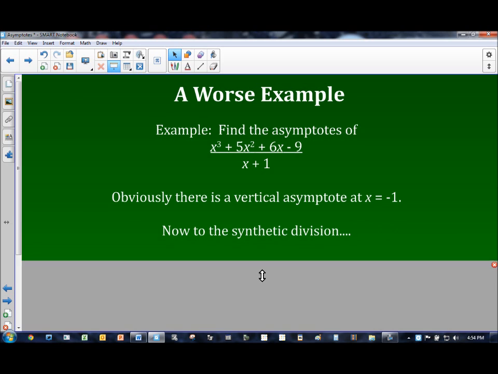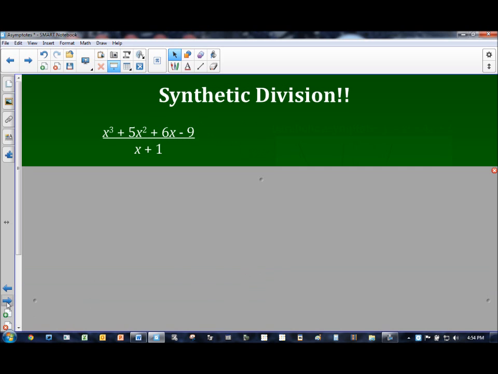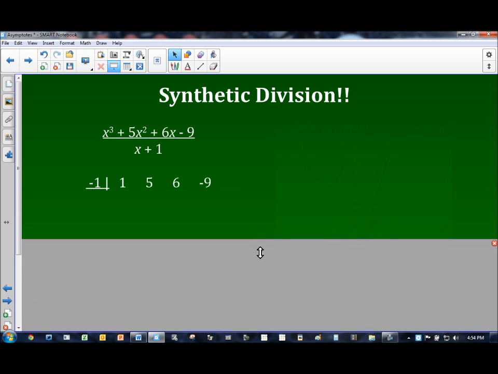So let's do the synthetic division. I guess that's on this page right here. Okay, remember how to set it up. I'm dividing by x plus 1, so I will put a -1 out here. And then I've got coefficients of 1, 5, 6, and -9, so that's what I write here. Leave a space, draw a line, and I'm going to copy the 1,